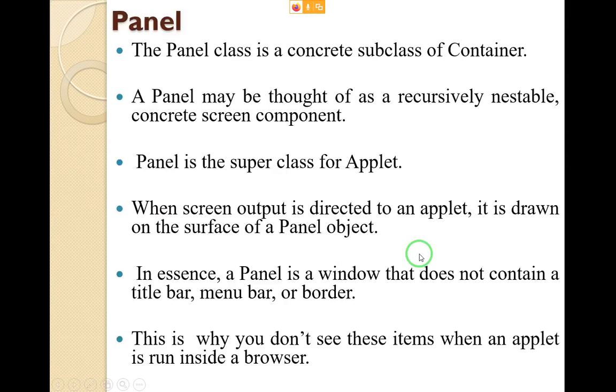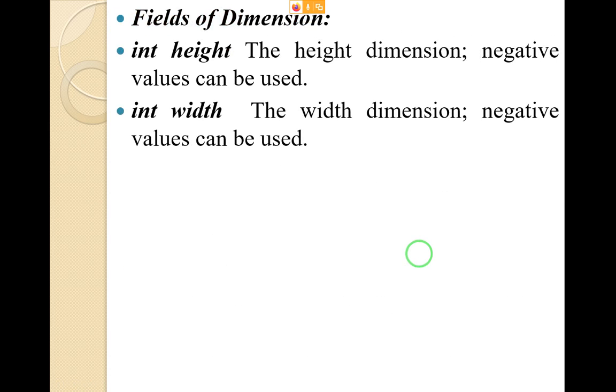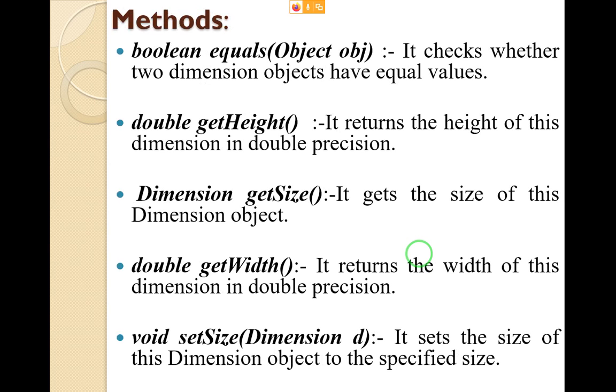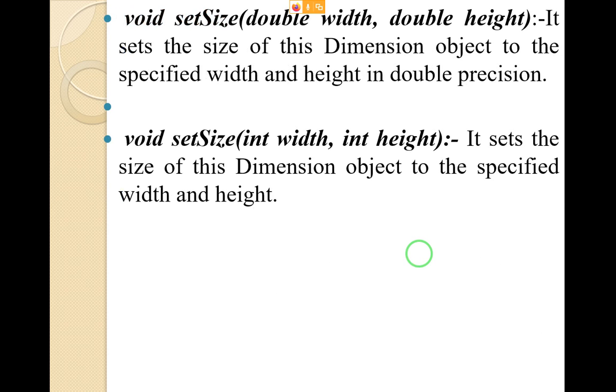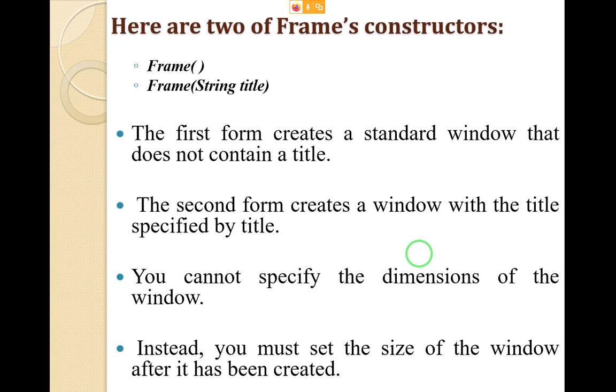In the last lecture we have seen the different ways to create a window. There are two constructors to create the frame. One is a default constructor which will create a frame without any name, and another one is a parameterized constructor where you provide a name to your frame, which is shown at the topmost left corner.